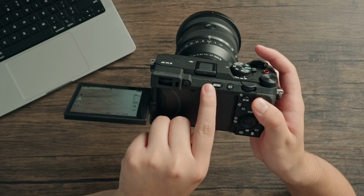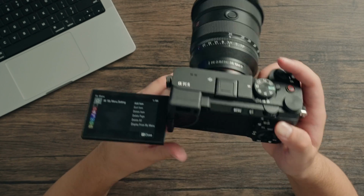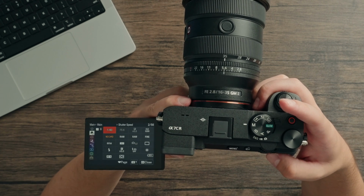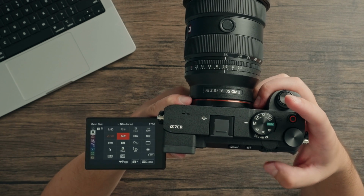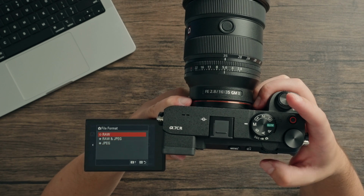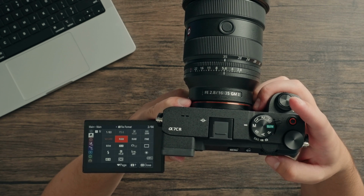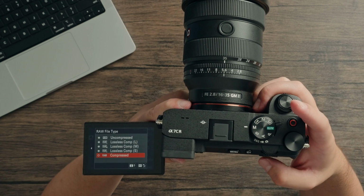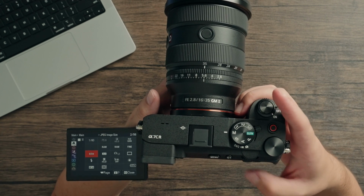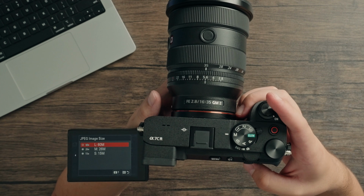All right, so the first thing you're gonna wanna do is hit this little menu button right here. Click that, you just go to this little house icon, and under main, you can switch the photo format. So say if you want to shoot in Raw and JPEG, or JPEG, you can choose between those under the file format, and also the RAW file type if you do plan on shooting RAW. Now, if you plan on shooting JPEGs, you can go to this little JPEG image size,